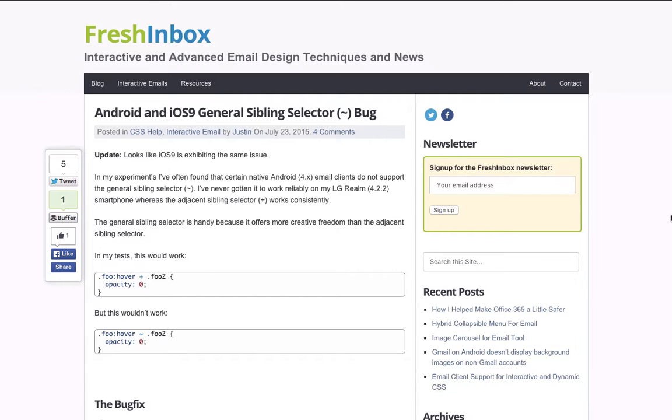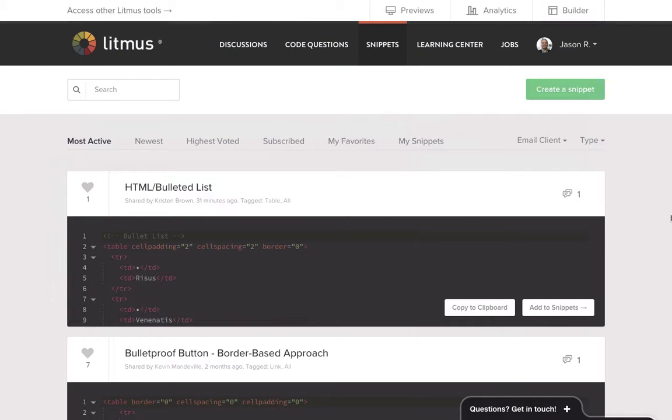Other great news. I love this. This is one of my favorite things recently. Over in the Litmus community, we recently launched Snippets, code snippets in the community, which is awesome. It's huge for people just getting started in email. It's huge for people that work with email every single day, know the ins and outs. Snippets, though,